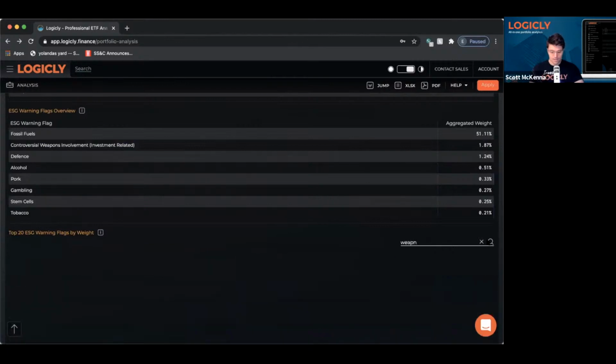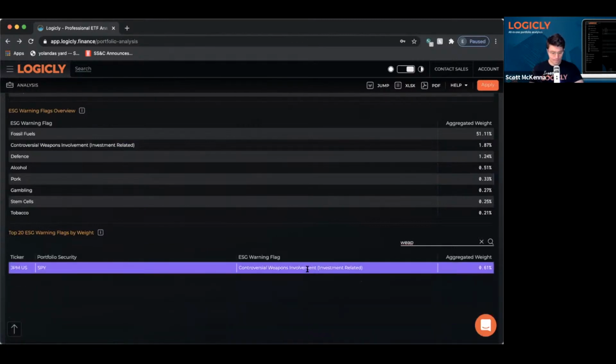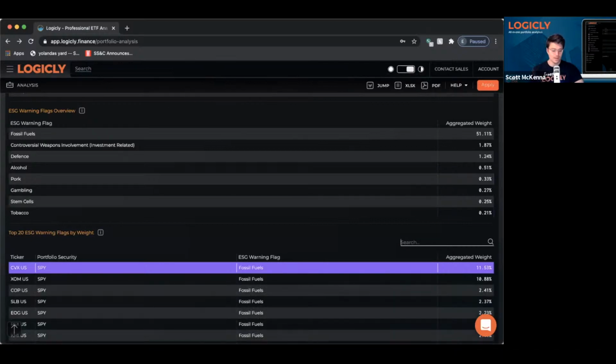Let's see. Okay, yeah. So JP Morgan, right? So they must do a lot of business or lend to weapons manufacturers, right? So that's why it's giving off that 0.5%. But if a client wants no weapons exposure, you can go back, reverse engineer it, and find stuff without exposure to that JP Morgan.